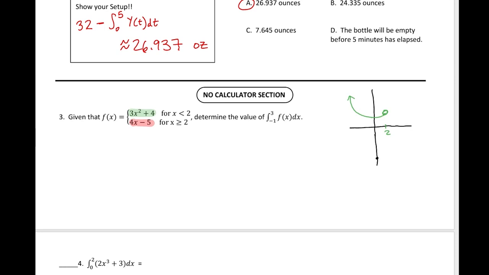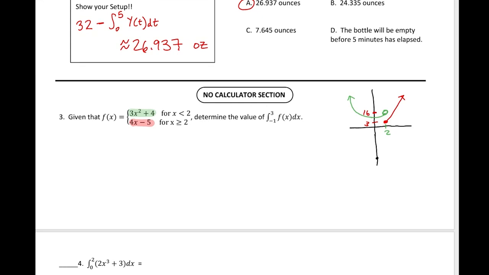Let's see, at 2, we have 2 squared is 4, times 3 is 12, plus 4 is 16. So yeah, right here is at 16. And then 4 times 2 is 8, minus 5 is 3. Okay, so this is actually going to be like down here, positive slope. Just want to give you a rough sketch on what this graph is going to look like. This is not to scale or anything, obviously, but hopefully it gives you a good idea of what we're actually